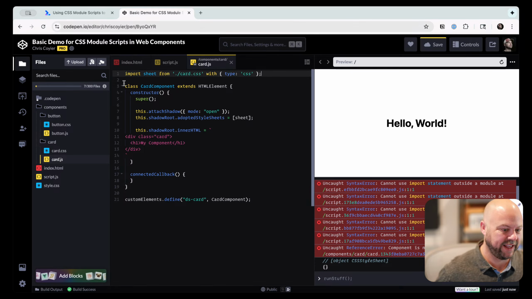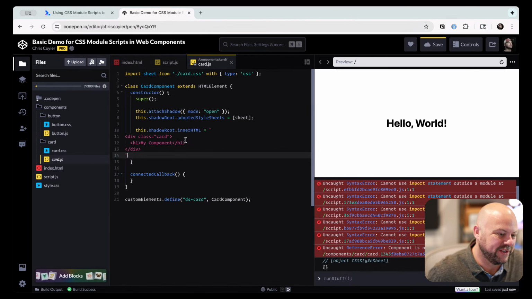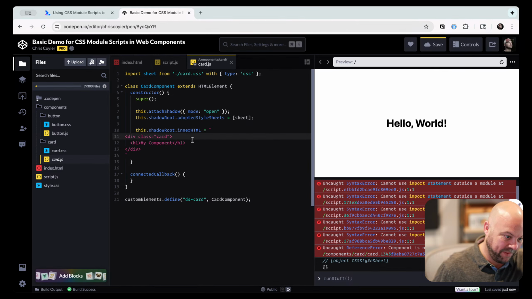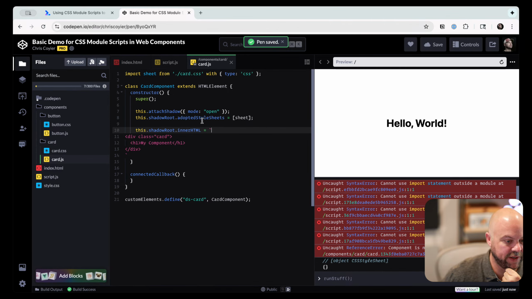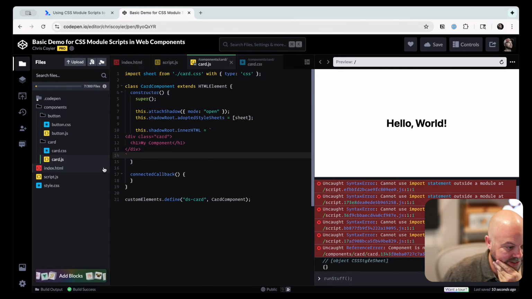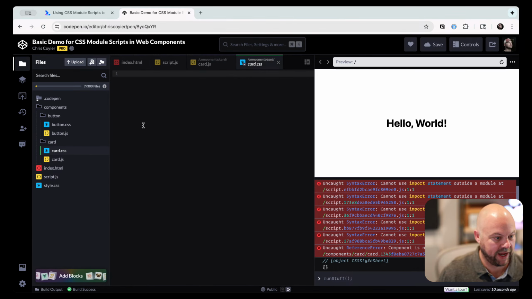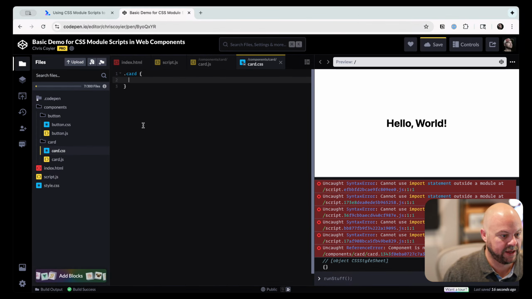And then this slightly weird syntax where now that I have the thing, there's only limited things I can even do with sheet. I think I can probably attach it to the parent somehow, but there's a thing called adopted style sheets in the shadow root. And if I set it to an array for whatever reason of sheet, meaning it could take multiple sheets, which is okay. There's probably multiple things I can do here. If I give it the sheet, now the CSS is going to apply to the shadow root here. Right? I think so. So if we put .card, and .card has a border 1px solid black and padding of